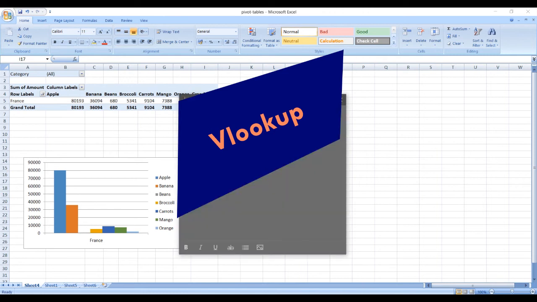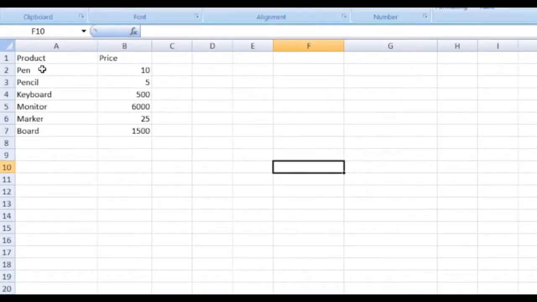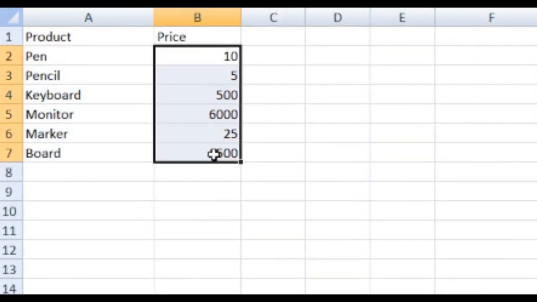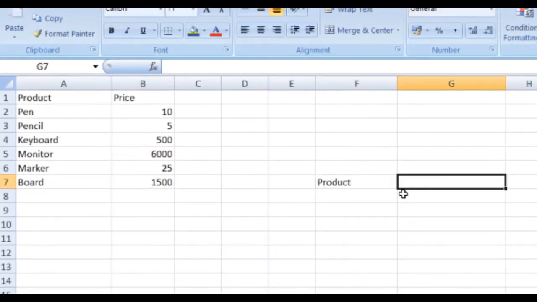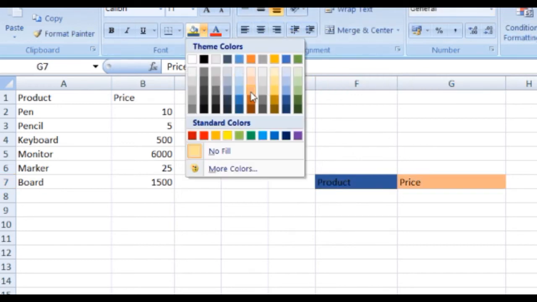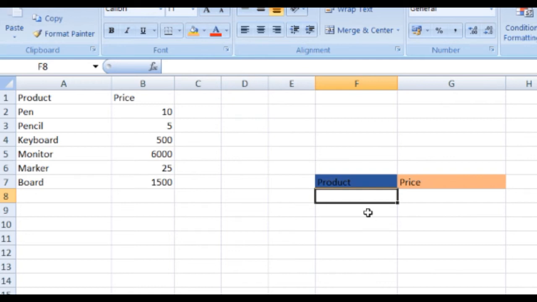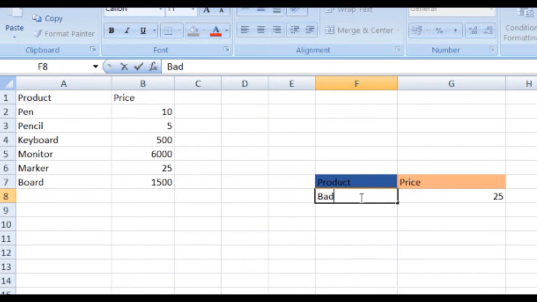Now let us see what the VLOOKUP function is. Suppose in this table I have some products and the corresponding price of the products. Suppose I write product here and the price here, and if I write a product name called marker, obviously I'm going to look at the marker and check that the price is 25. I'm going to write it here. Suppose I change it to board,